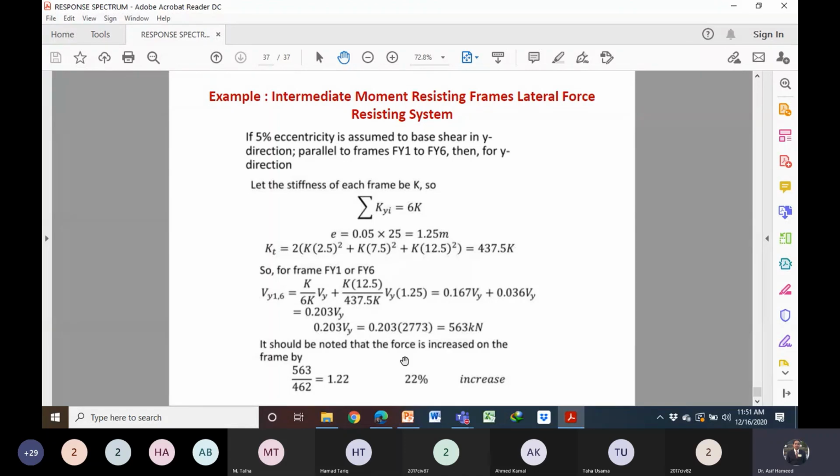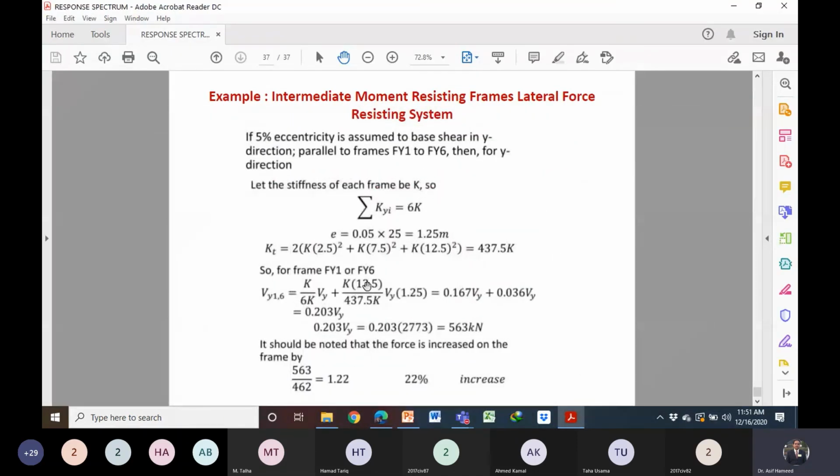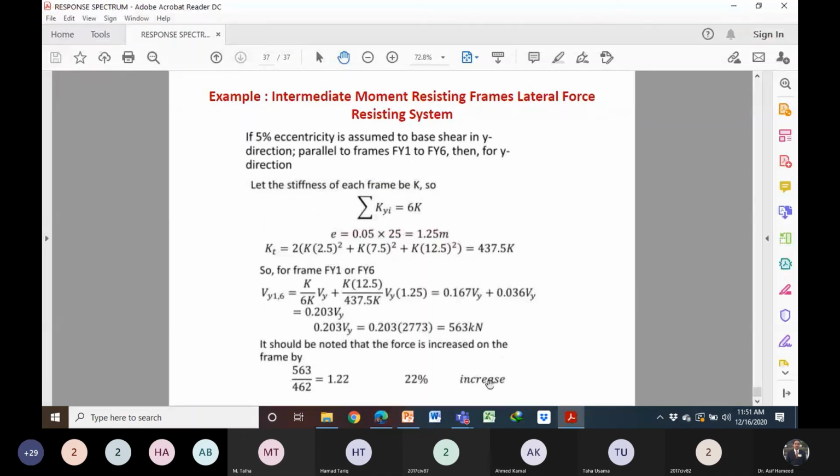Any confusion, any question? For frames 2 and 3, you can calculate. The only difference will be this value, 7.5 and 2.5. The remaining will be the same. Any question? We will always assume 5% eccentricity in the y direction. It is given in the code. You have to calculate at 5% eccentricity and at 10% eccentricity. These are the code provisions. Because